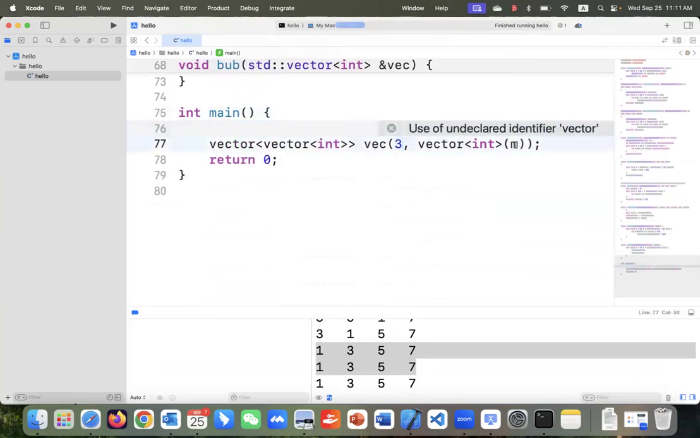Just give it some real name. All right, so